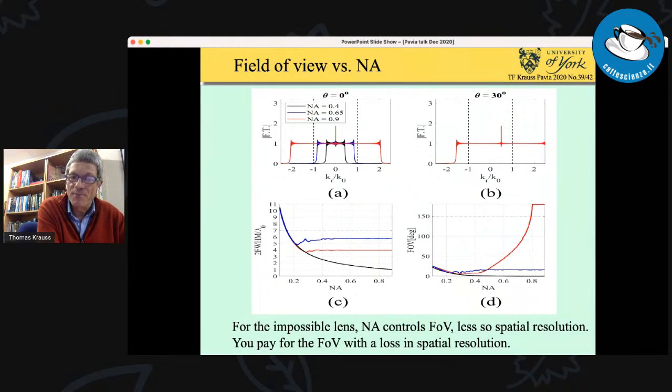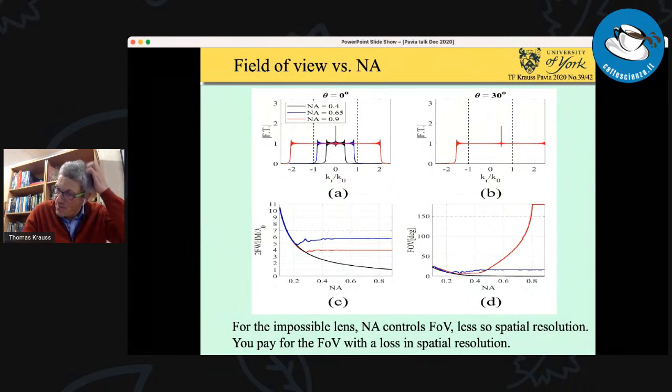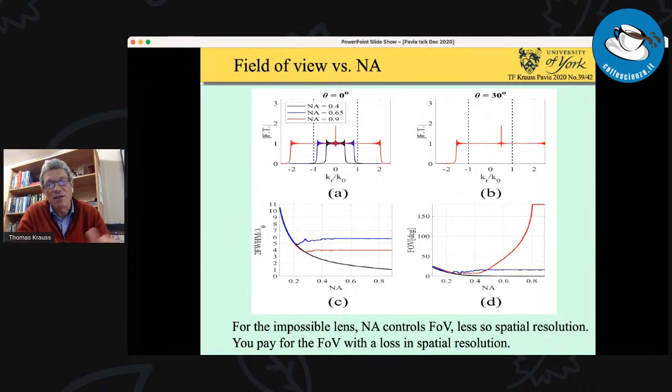Now, the price I pay, I only use a part of the lens. So this requires a bit of imagination. So if I say, look at KR goes from -2 to +2, this means even for normally incident light, about half of the lens does not contribute to imaging, because even for normal incidence, the K vectors smaller than -1 or larger than 1 are imaginary, so they do not contribute. So that's the price I pay. But when I take the angle, because the K-space is so flat, I pay no penalty.